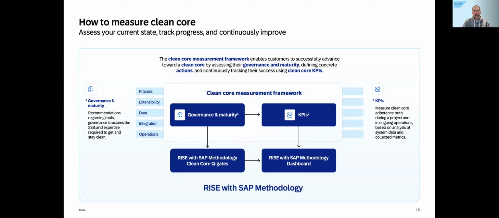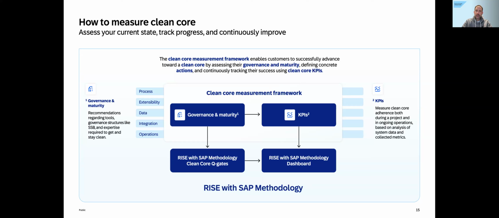You can see that the governance maturity is something that we will, over the next couple of weeks, put into the RISE with SAP methodology in the Clean Core Quality Gates. If you've already worked with the Clean Core Quality Gates, you understand that they are part of the RISE with SAP methodology introduced last year. The content that you will see in the next couple of minutes is already available, and we can share it with you via standard SAP slide decks. It will also become part of our official framework, the RISE with SAP methodology, where we can execute it as Q gates in SAP Cloud ALM, in the quality gate app, as it's called in the system.